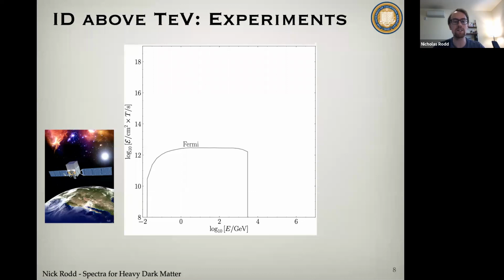In order to do this, let me anchor the discussion using an instrument that I hope many of you have heard of, NASA's flagship gamma ray instrument, the Fermi Gamma Ray Space Telescope. Famously, Fermi's telescope can see photon energies around a GeV to a TeV. What I'm showing you on the x-axis here is the logarithmic photon energy in GeV, so that's all the way up to a TeV about here. What I'm showing you on the y-axis is some measure for how many photons I would expect this instrument to collect for a given dark matter flux.